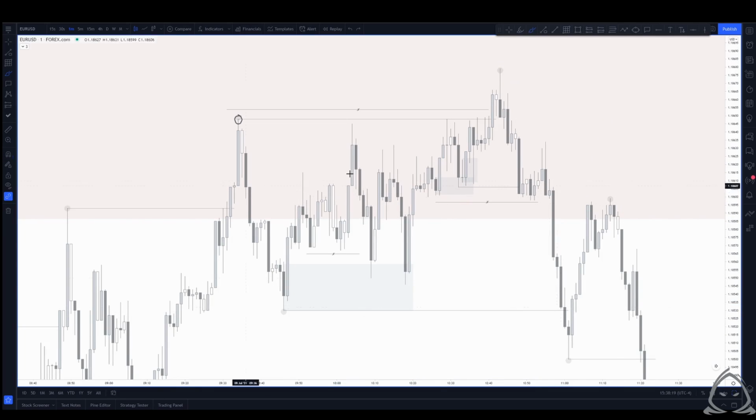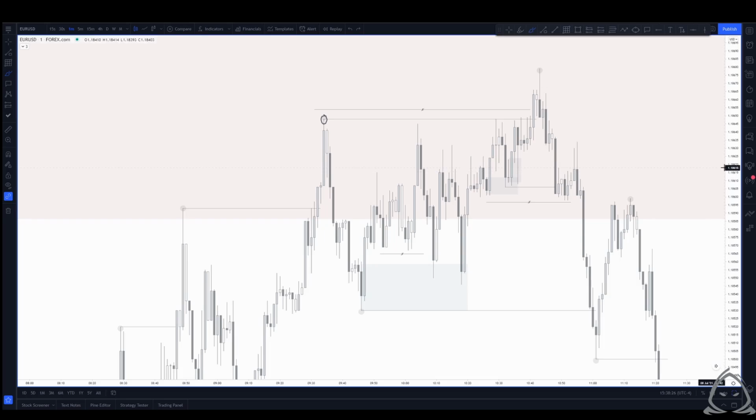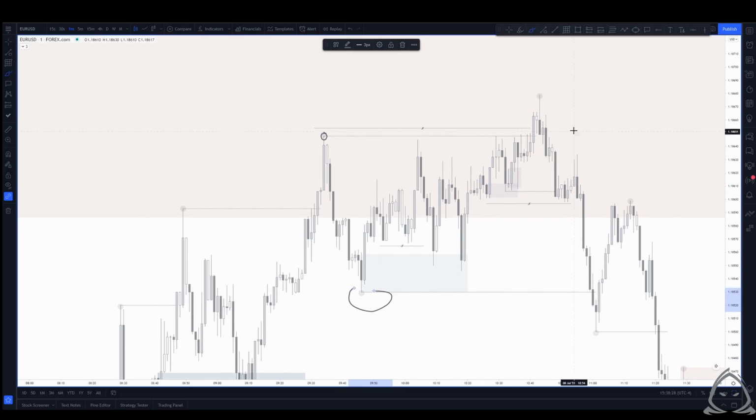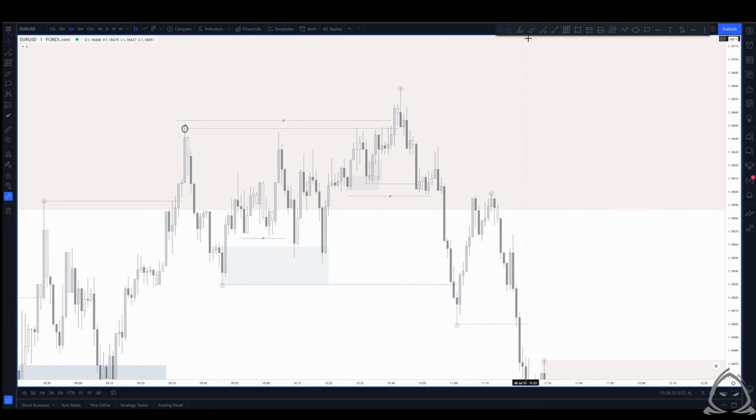Or if we're just going to look at 1 minute structure, we're going to disregard this as a structural point on the 1 minute. We're not going to look at substructure. We're going to look at pure market structure, understanding that the lowest point is the more probable point of structure to use. What we can see is we break structure to the downside, we form a lower low,